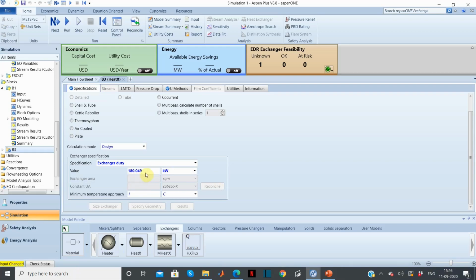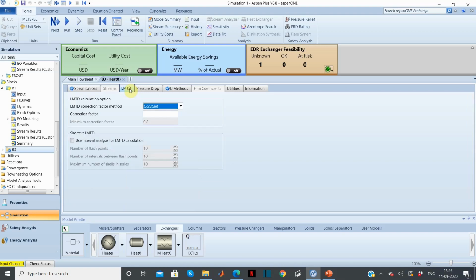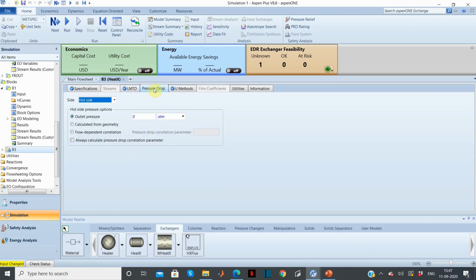After entering exchanger duty, now we will move to LMTD tab and enable use interval analysis for LMTD calculation. Under pressure drop tab, you can see that the outlet pressure is 0 atmosphere, which signifies that the pressure drop is 0.